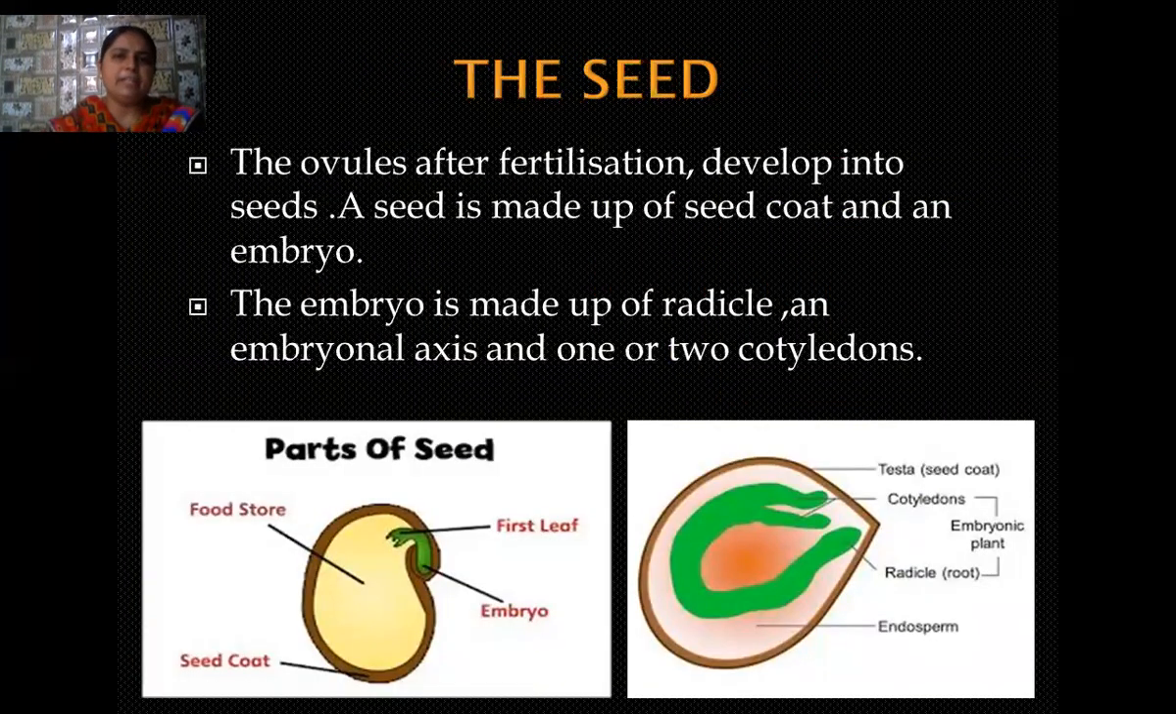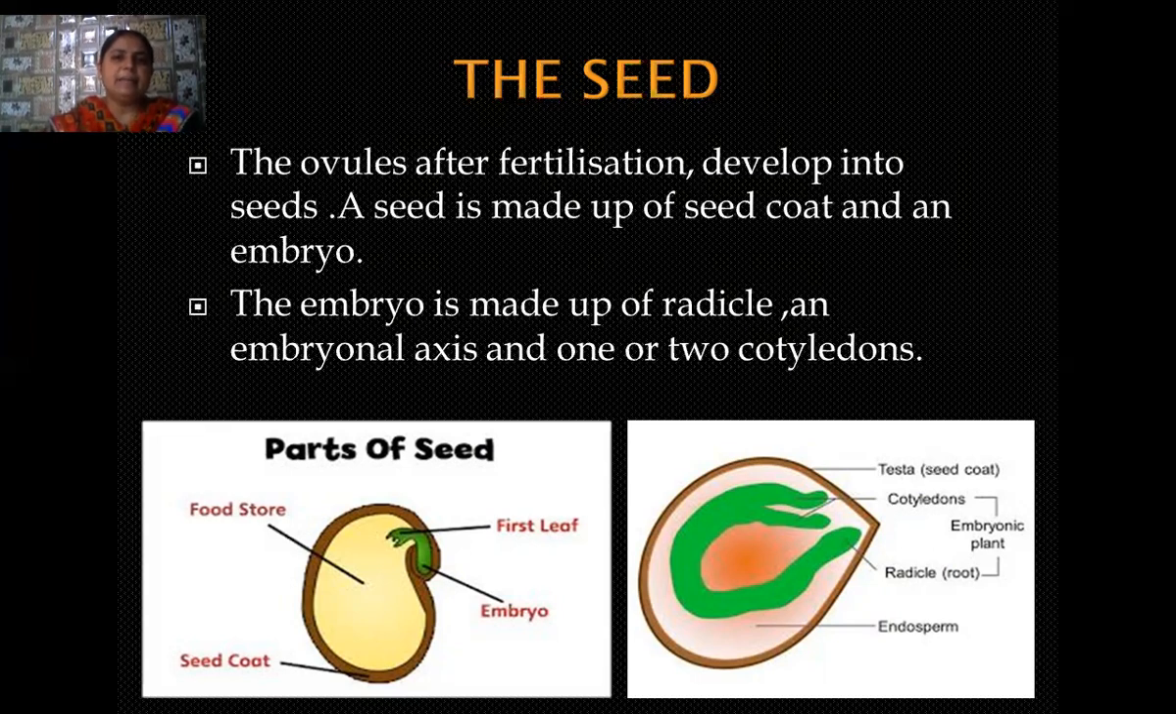Okay, the next topic is the seed. So you know very well, after fertilization, the ovules develop into seed. And you always remember, a seed is always made up of a seed coat and an embryo. So the embryo is made up of a radicle, an embryonal axis, and 1 or 2 cotyledons. You know very well,